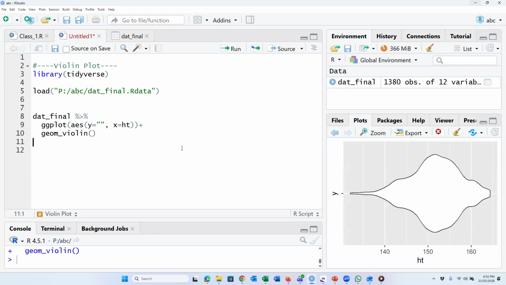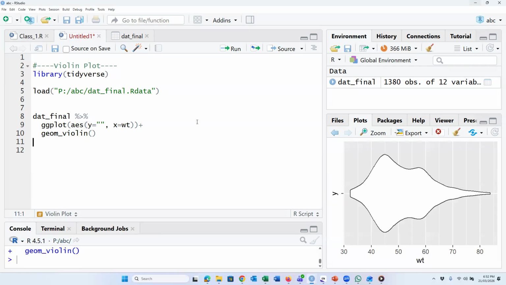Yeah, this is our violin plot. Or if we use WT, yeah, this is our violin plot of body weight. So if we use here a categorical variable like place,